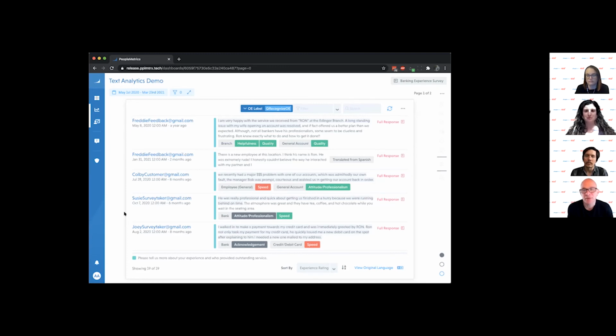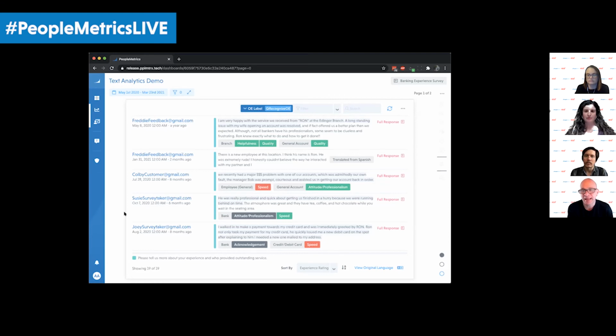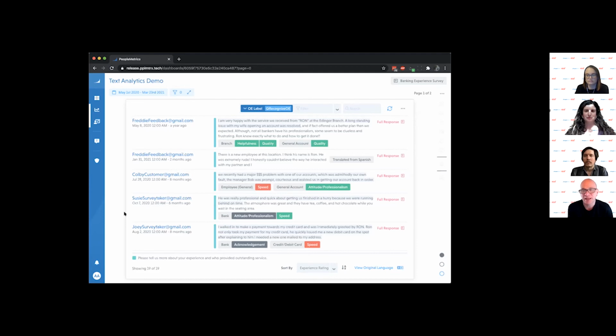And even the passives, right, Audrey? To understand what they're saying compared to the promoters, and what the differences are in getting a passive to the promoter range. By hearing what they're saying, listening to them and summarizing it, you can put together a great action plan to move passives to promoters. Yeah, passives represent a huge opportunity because they're so close to being promoters. So if you can figure out what's going on with them and make some small changes,